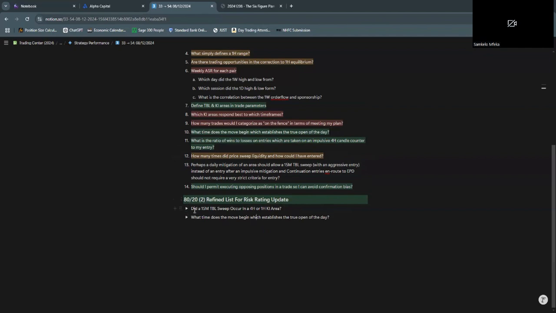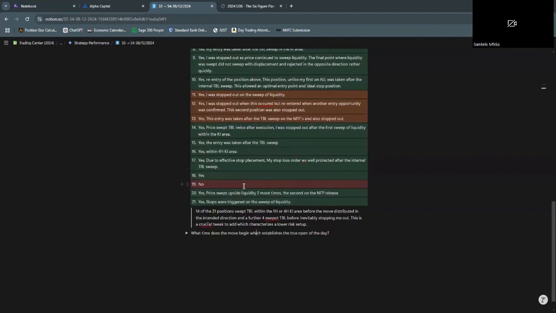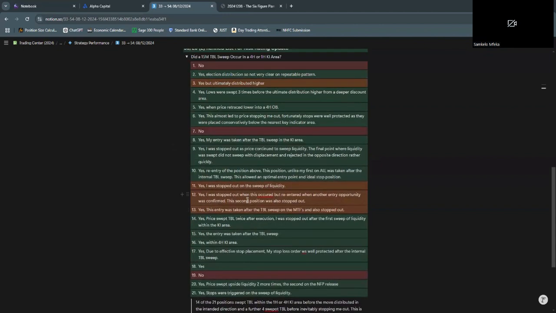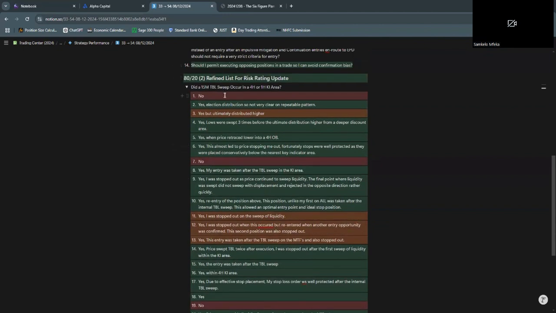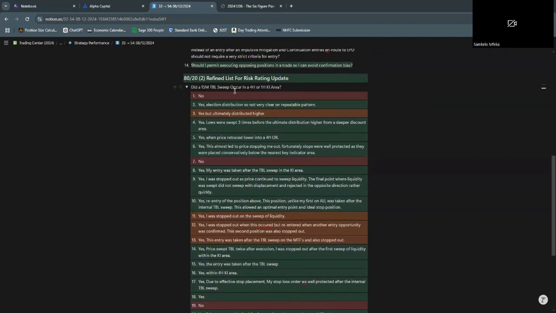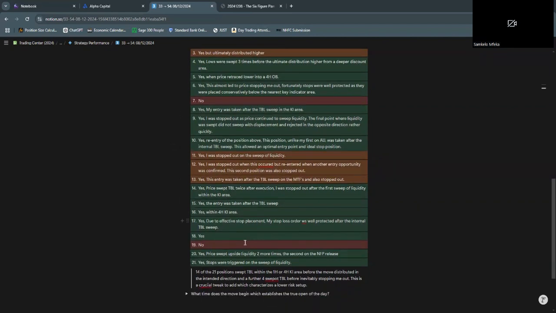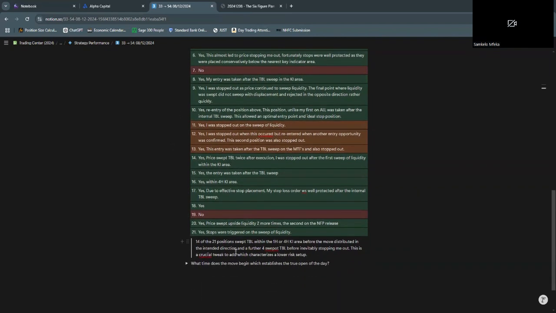from these two questions came essentially 21 insights, because I took 21 trades and I looked at all 21 trades again, focusing then on these two questions. And so for the first question, which was whether a 15-minute time-based liquidity sweep occurred in a 4 hour, 1 hour key indicator area, the result was that 14 of the 21 positions swept time-based liquidity within the key indicator area